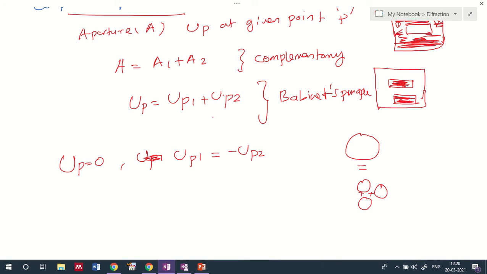With that discussion, I am winding up today's session about the Fresnel-Kirchhoff formula, diffraction, and Huygens principle. Firstly we identified the Huygens principle. Then we took the mathematical form of Huygens principle using the Kirchhoff formula, followed by the Fresnel-Kirchhoff formula. Finally we have seen Babinet's principle, where we have two apertures A1 and A2, and the corresponding optical disturbance is the sum of the two optical disturbances. So that's all for today.